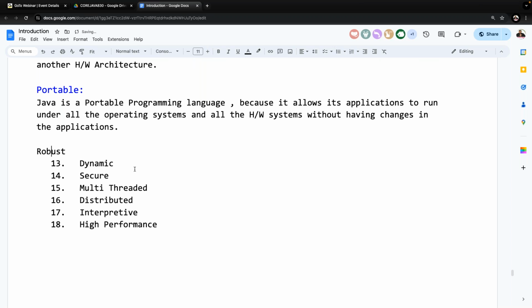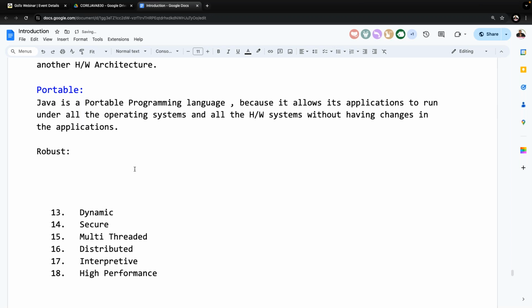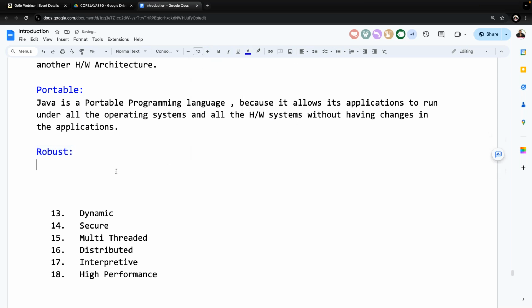Next point here, robust programming language. What is this robust programming language? First of all, understand it. Listen, I'll give some clarity. Observe carefully.